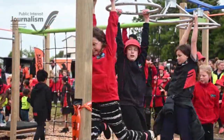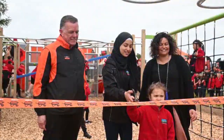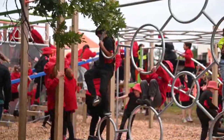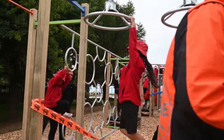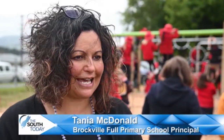Pupils at Brockville Full Primary School can barely contain their excitement. The ribbon-cutting ceremony just a formality for the kids who are keen to get to grips with the school's brand new playground equipment. It's unbelievable. It's actually been really heartwarming. Like, we know it's been coming, but actually opening it today and seeing the children on it is just really